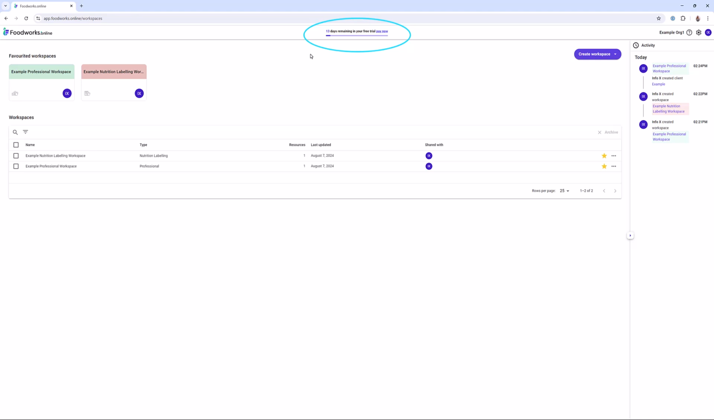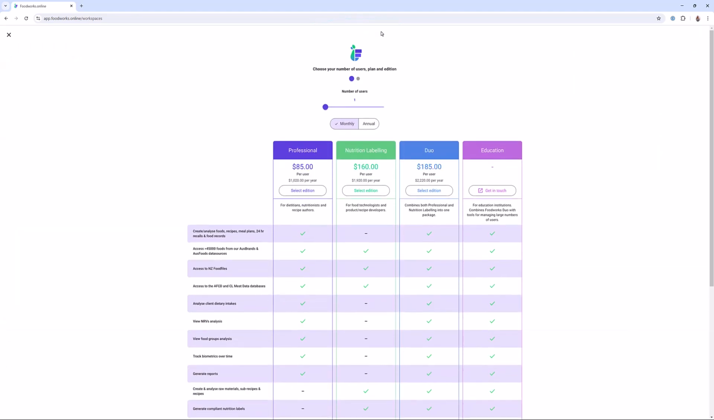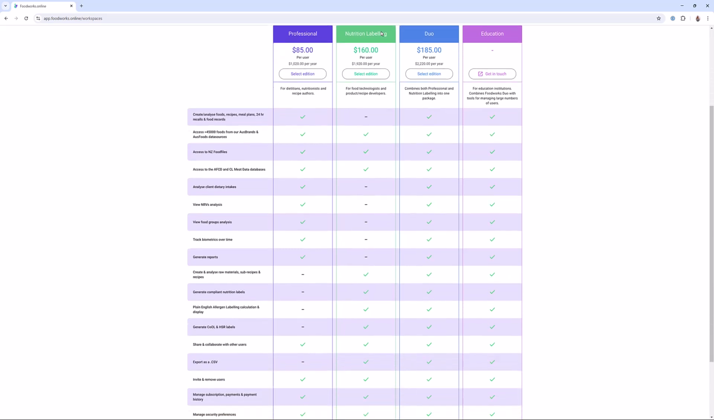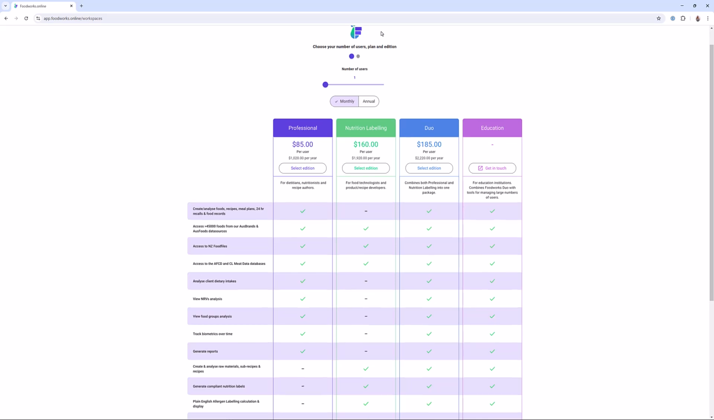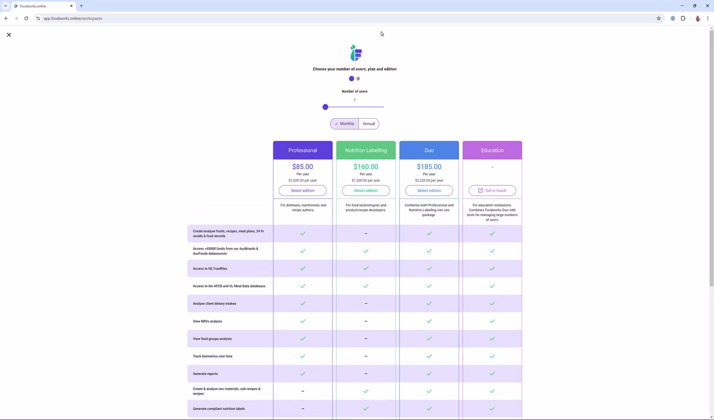Once your free trial has ended, you will need to select the edition, plan, and number of users to proceed with your subscription. If you already know the edition you want to purchase, or you want to proceed with your subscription before your trial ends, you can click the Pay Now button in this banner. After selecting Pay Now, you will see this table with a comparison of all the available Foodworks editions to choose from. Here, you can also select the number of users you need in your organization and toggle between a monthly